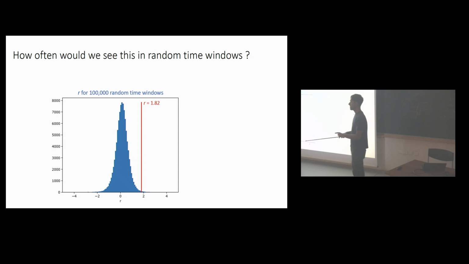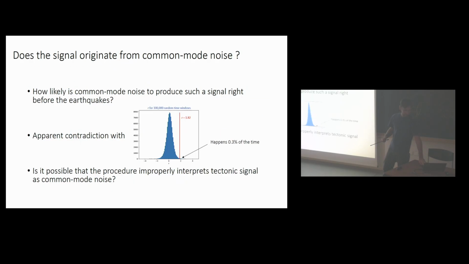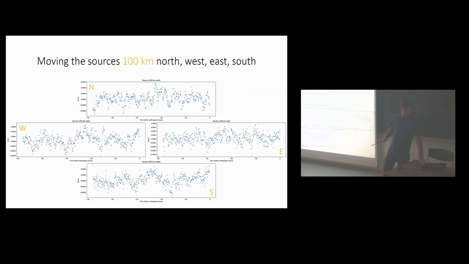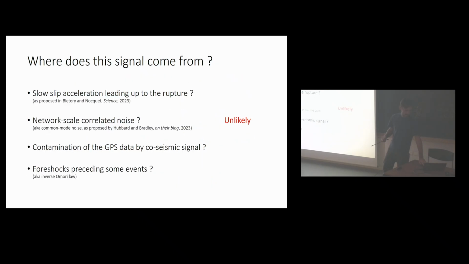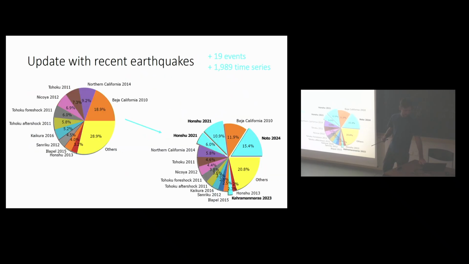Because in the pie chart you show at the end, you seem to have an equal contribution by many events, but in the end... No, it's not at all equal contribution. Because in the pie chart you count the number of GPS stations, or you count the number of... So it's the weight given by the Green's function. So obviously it's related to the number of stations, but also to where the stations are. If you have just a few stations but very close, that will count a lot. That's actually the case of Nicoya here.